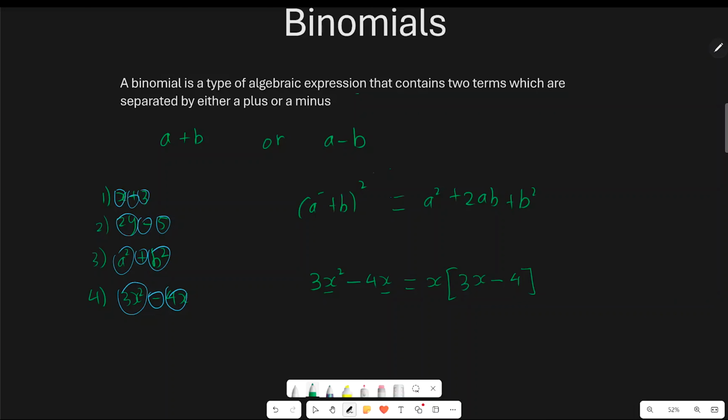And how do we know this is correct? Well, let's expand this again. Expanding this, we get x multiplied by 3x, which is 3x squared, and then x multiplied by 4, which is 4x. 3x squared minus 4x is correct, and that's it for the introduction to